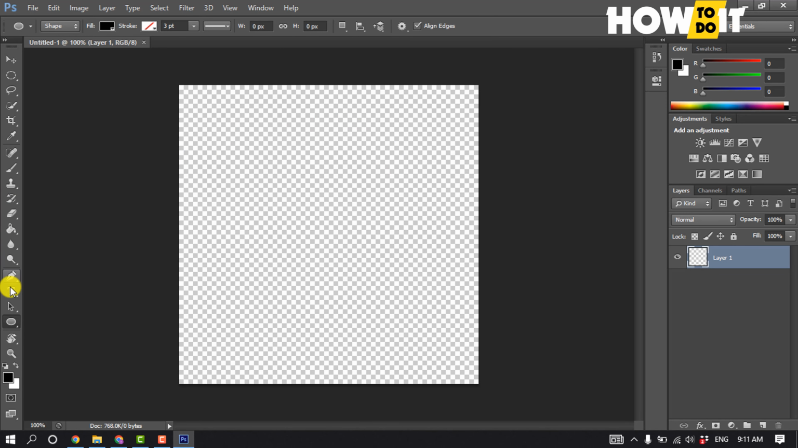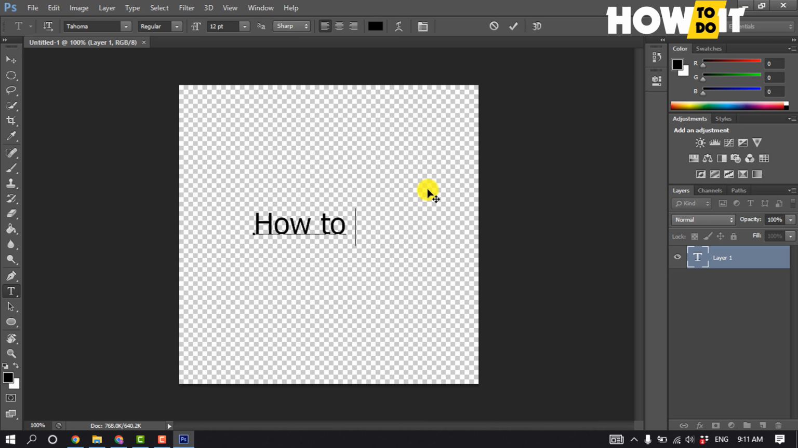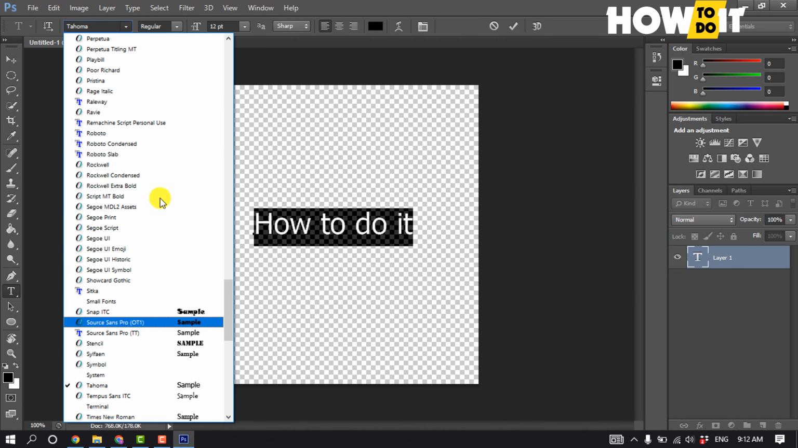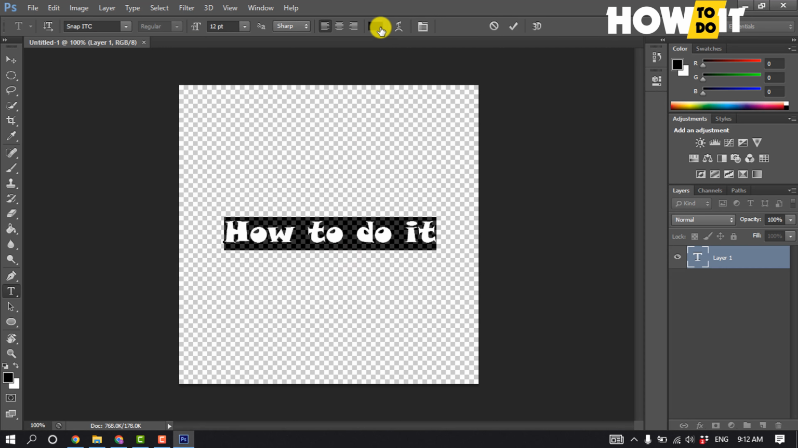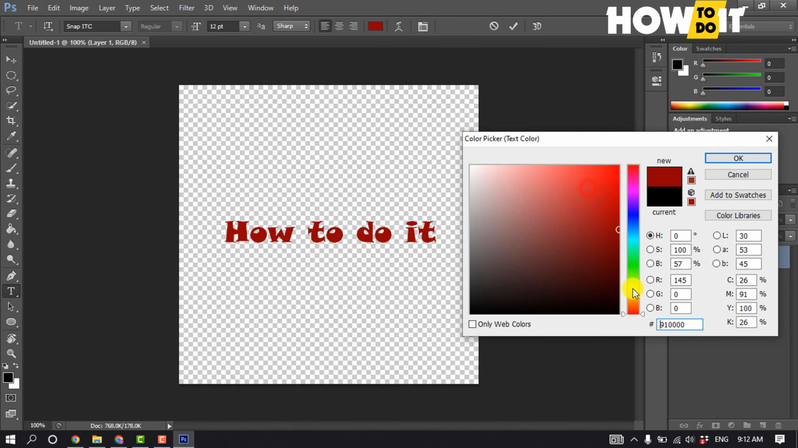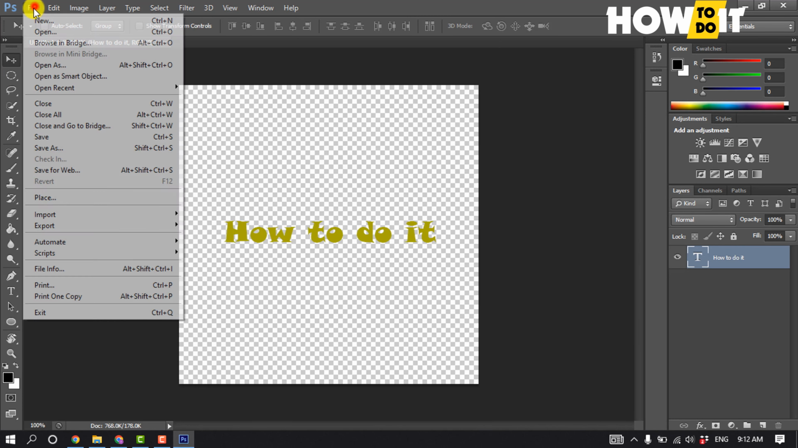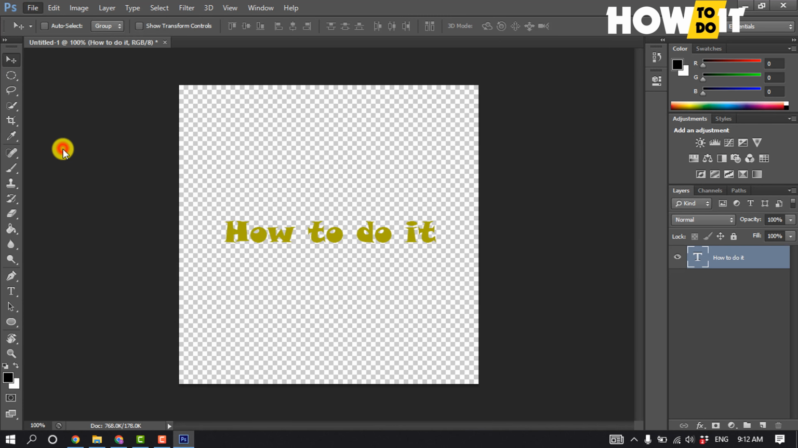I'm going to select the text tool and type a text here, and then select this text, click on font style, and from here select this font and change the text color. Okay, done, and click on File, Save As,